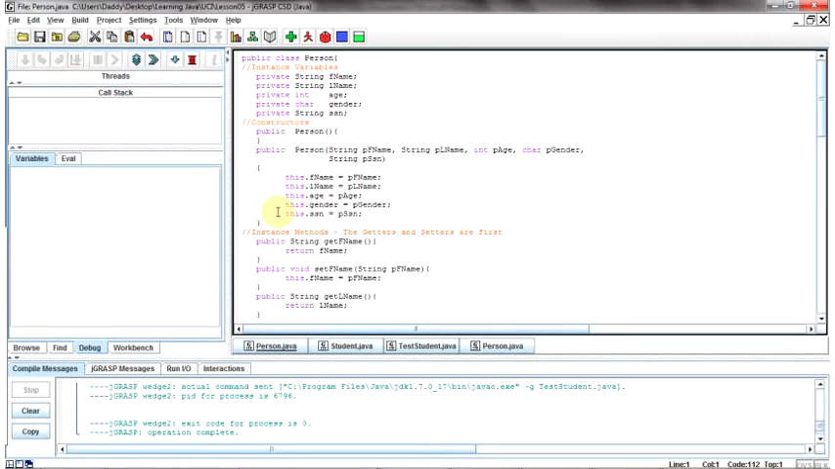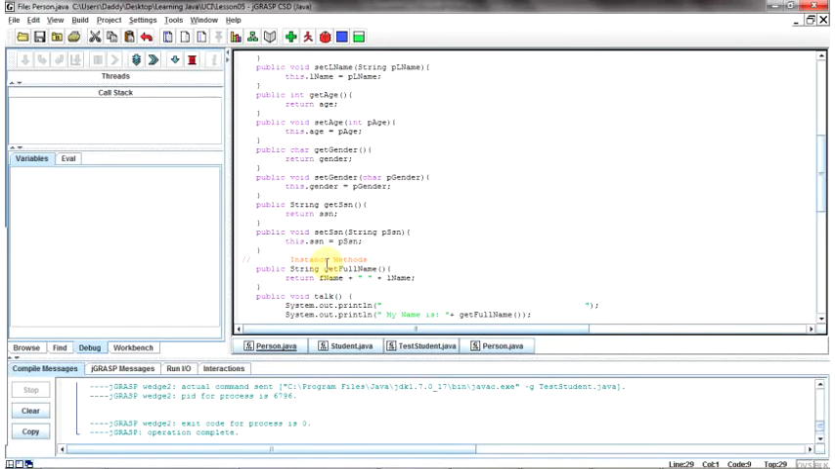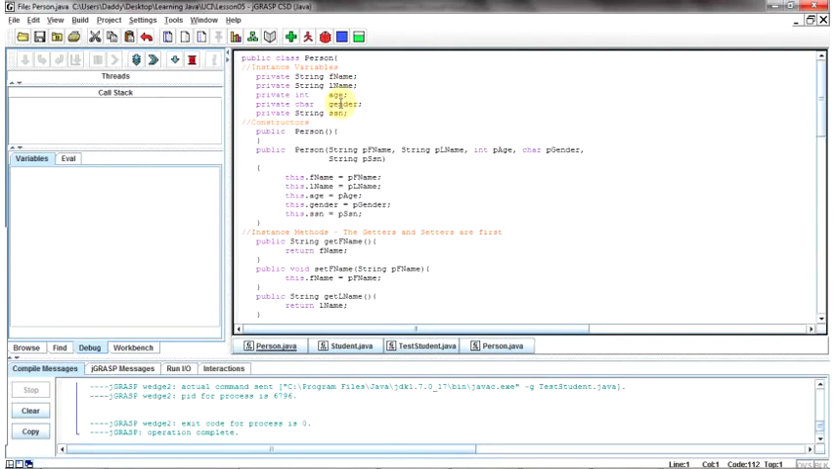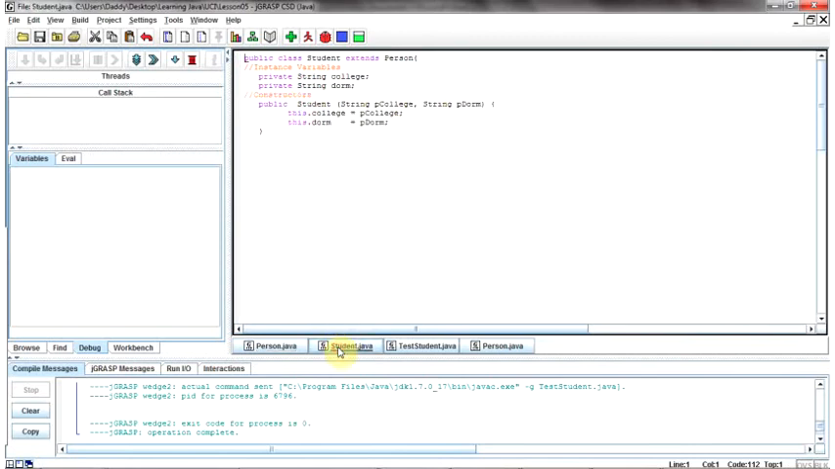Anyway, we also have our getters and setters, like we should, and I have a talk method in here, and then a toString. Now, toString is not usually required, but it's useful for testing or just to prove that you got it right. Then Student: since I already had all the other stuff in Person,